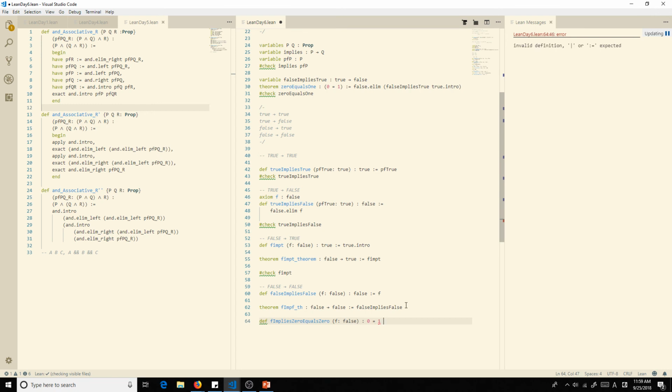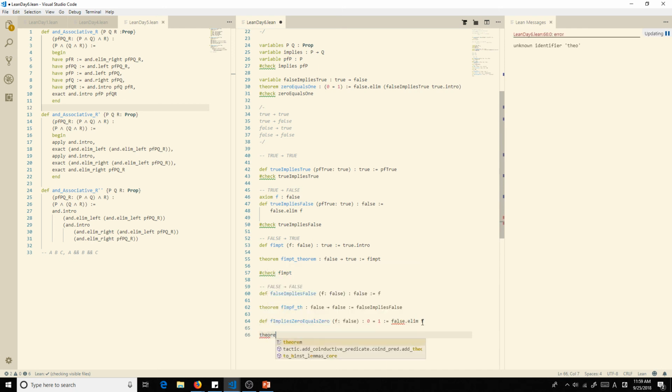That doesn't make any sense. That is definitely false. We'll use our false elim to show that it is false. So we have our false here, and we're proving that this is false. All right?